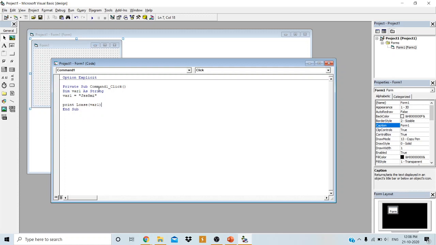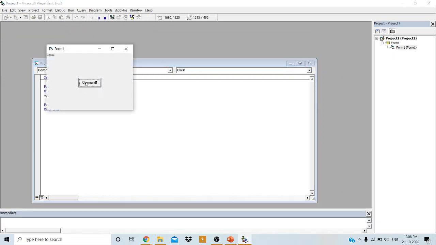Now when I click on the command button, what will happen? This will be declared, and this particular string will be assigned to the var1 variable of type string. Then this Print method is going to be called, meaning var1's value in lowercase will be printed on the form. Can you observe the output here, or shall I increase the size?